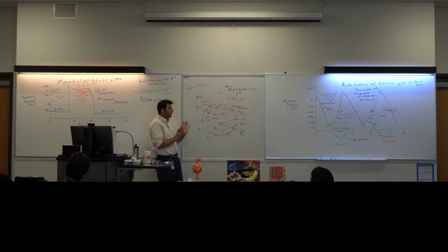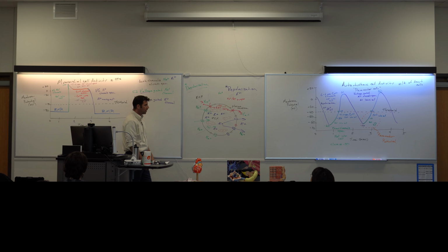So we're just saying that in order for a cell to repolarize, the only thing that's pushing potassium out of the cell is its concentration gradient. It doesn't have that additional reason of being attracted to the charges. It's the opposite for potassium. It's reluctant to leave those negative charges. And the reason I'm saying that is because if you have ever